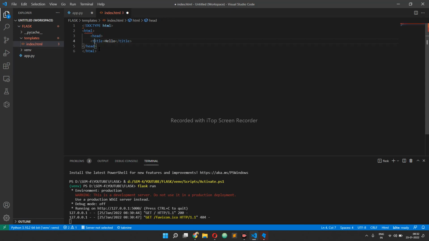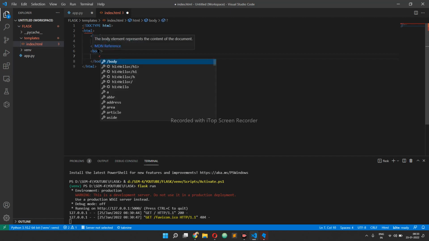It is enclosed. And next we start our body tags, and let's say it to render